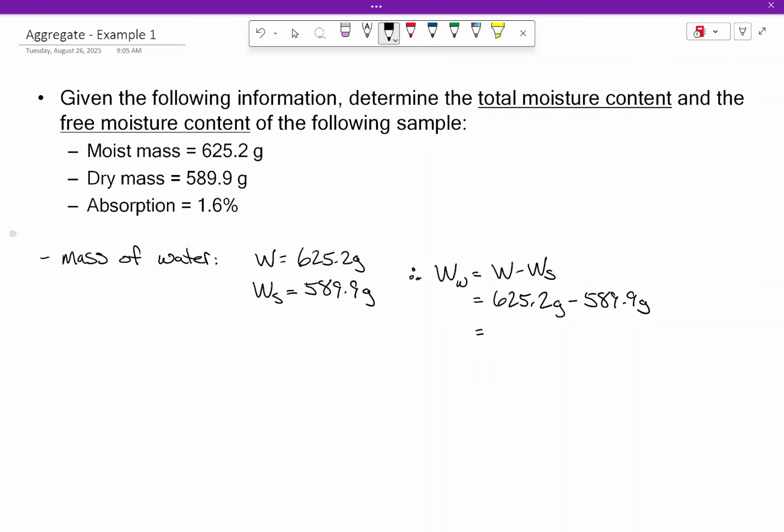Okay. Somebody want to help me with that? So 0.3 is something, 0.3, 35.3. I have a second? Yep. So that's how much water is present in the sample, okay? So if I wanted to determine the moisture content, okay,